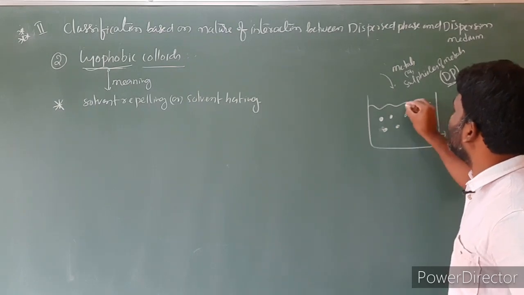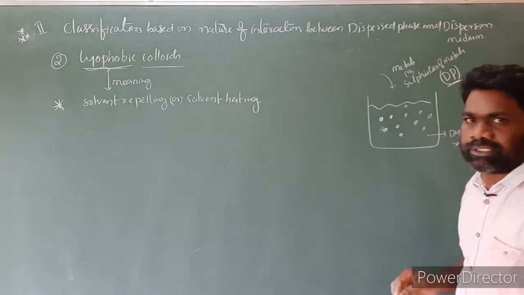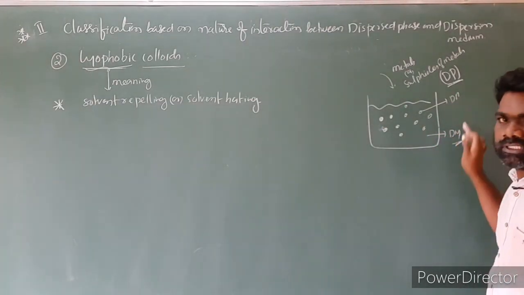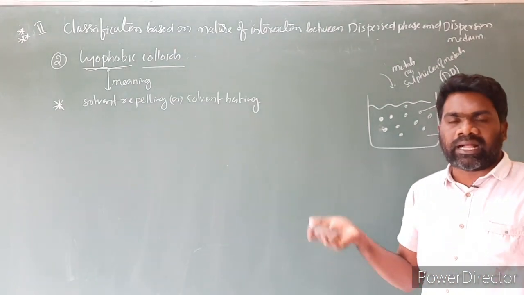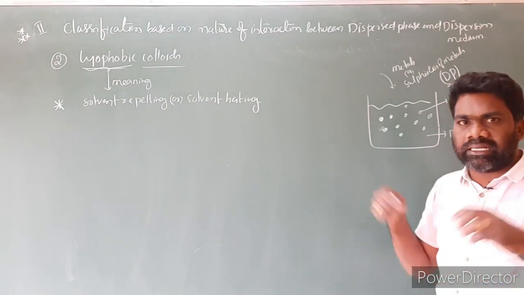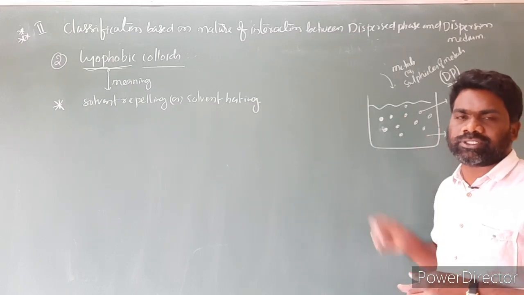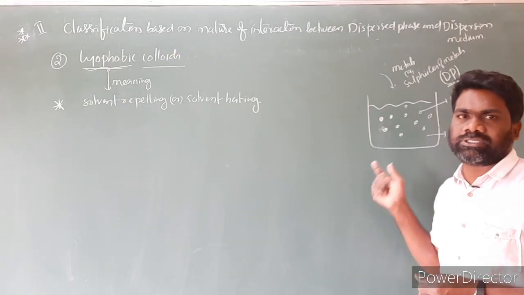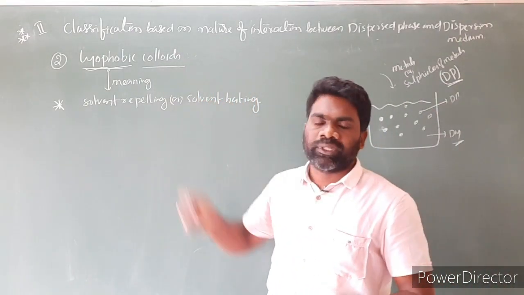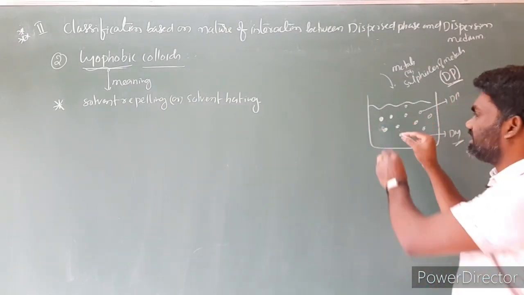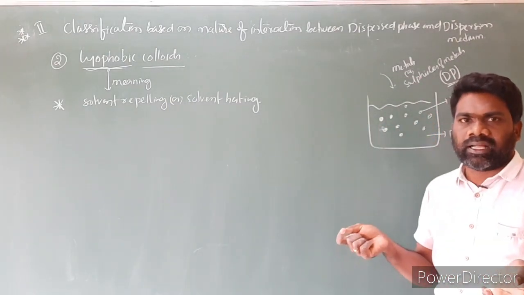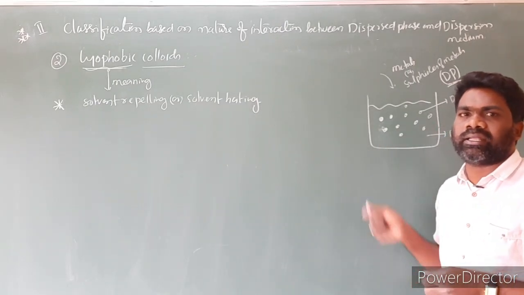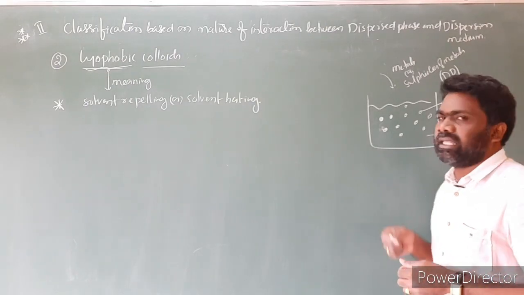if the colloid is prepared with the dispersed phase dispersed in the dispersion medium, and then you separate the dispersed phase and the dispersion medium, then after separation, if you add the dispersed phase to the dispersion medium to reconstitute it, the colloid solution cannot be formed. So we call these irreversible salts. What is the reason behind it? When the dispersed phase and dispersion medium are separated, and you try to reconstitute the colloid by adding them together, the colloid cannot be formed. So these are called irreversible colloids.